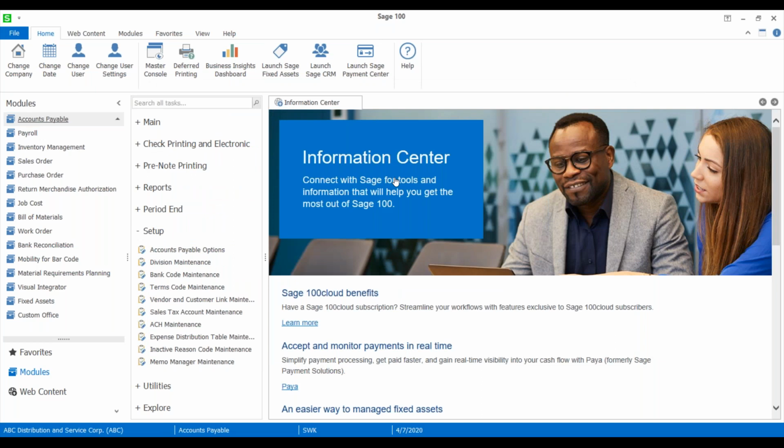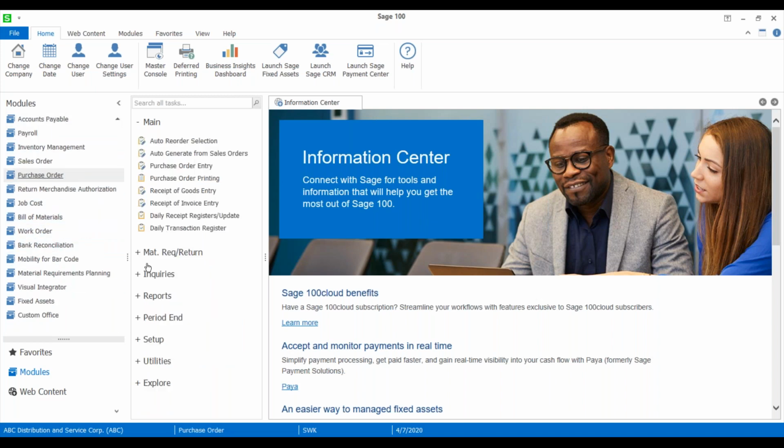Do you ever issue multiple POs to a vendor and receive all the goods at the same time? Sage has added an option to receive multiple POs on one receipt or invoice. An Apply Purchase Orders button has been added next to the PO number in receipt of goods and receipt of invoice entry. So if I go to expand my purchase order here and go to receipt of goods entry,